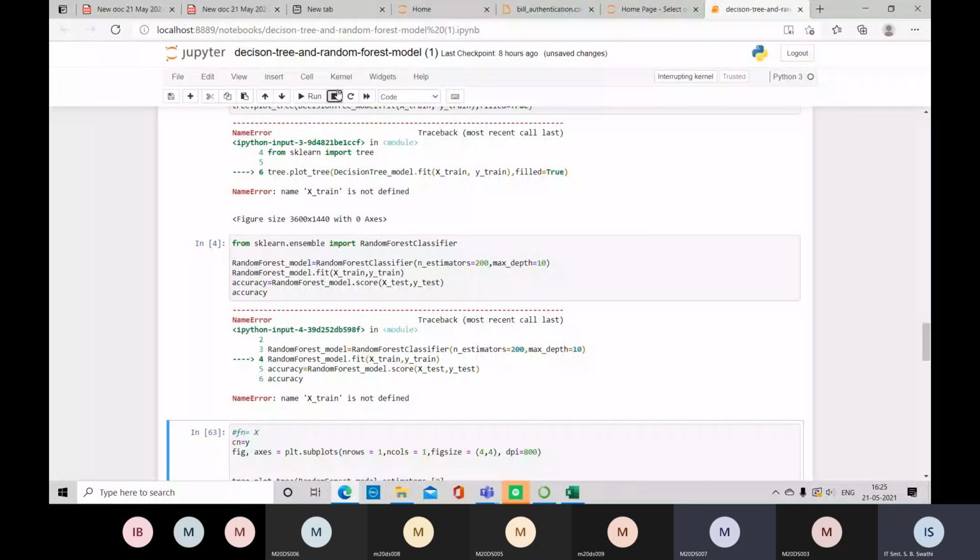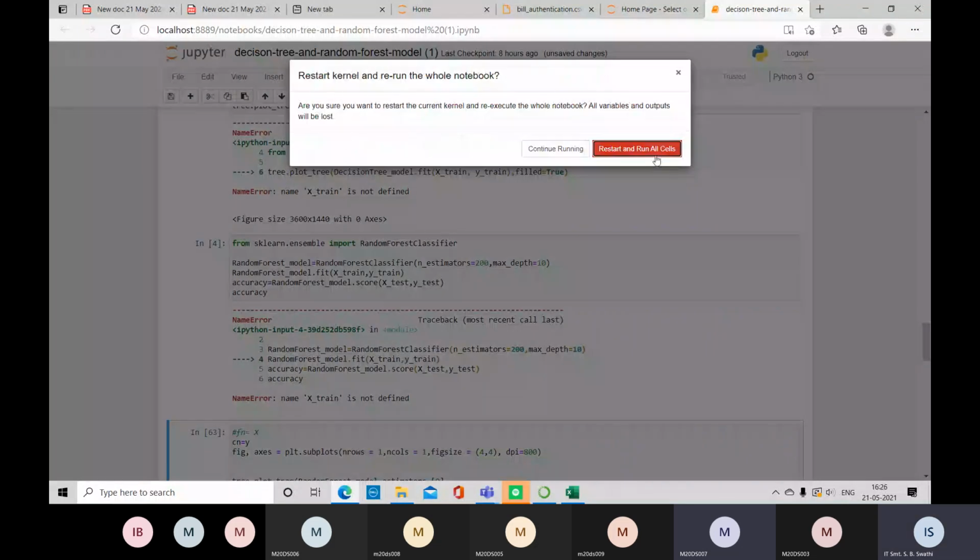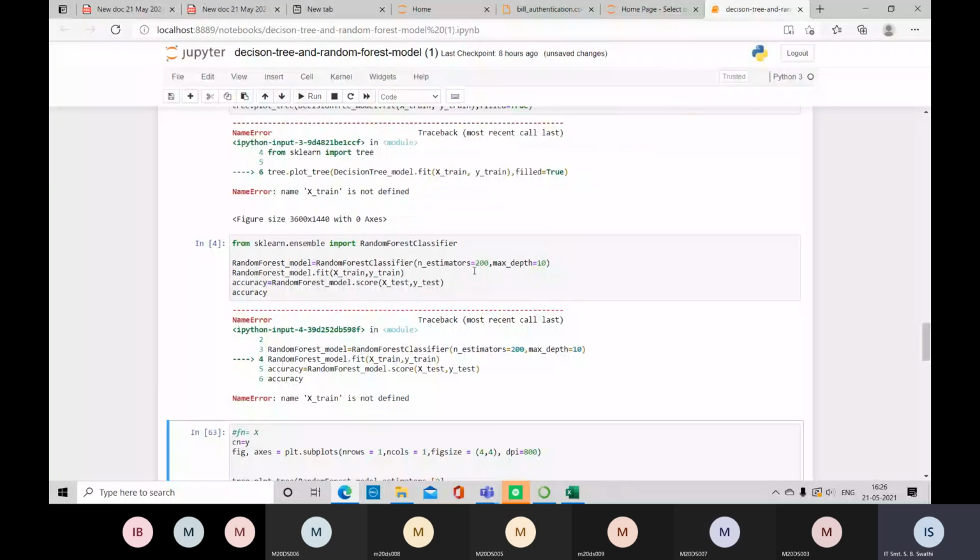Ma'am, one doubt. Why do kernel errors come in Anaconda? Kernel errors come because, if you have executed this program completely and then close it, it will go into a deactive state. Again, if I want to execute the fourth cell or fifth cell, I have to execute the starting cells from the first. The kernel will always go to sleep mode. That is the only drawback if you run this on a local machine.